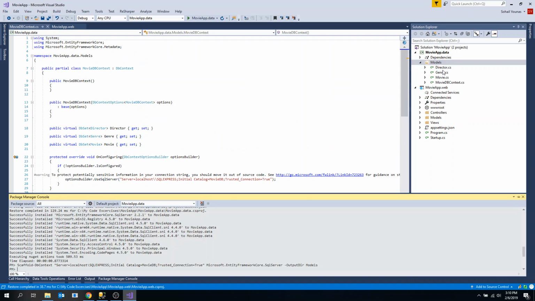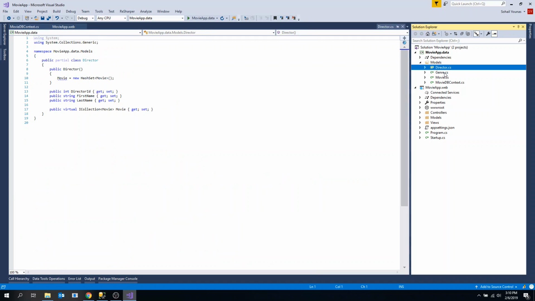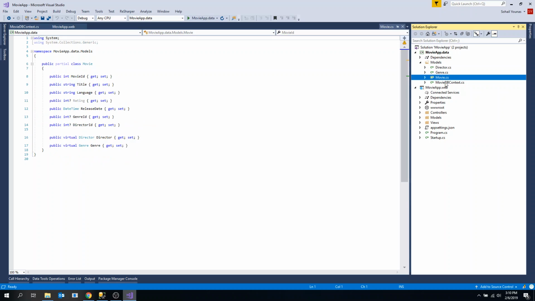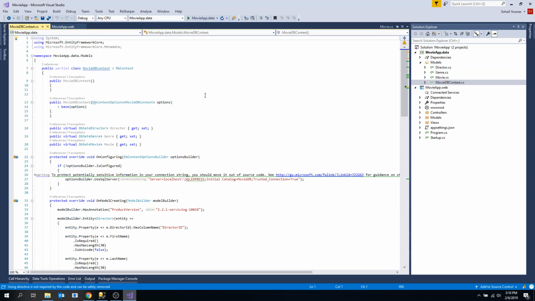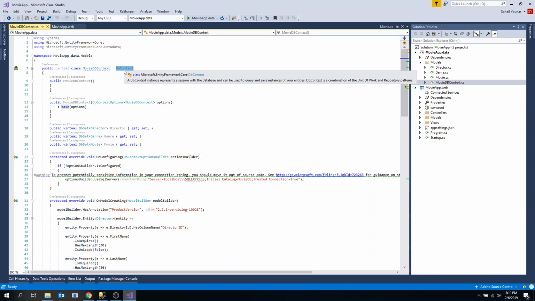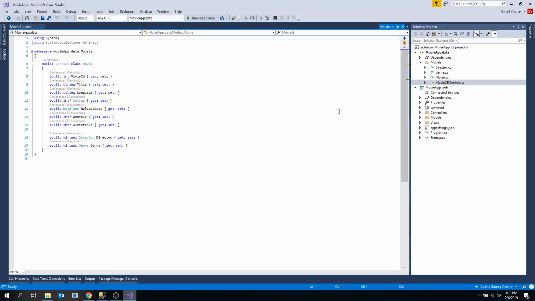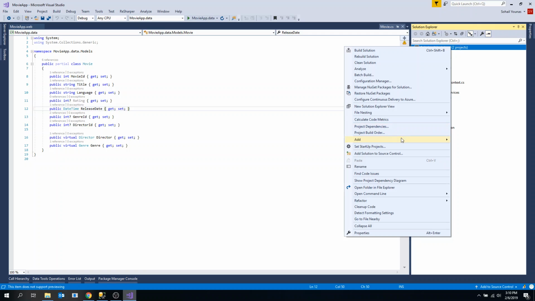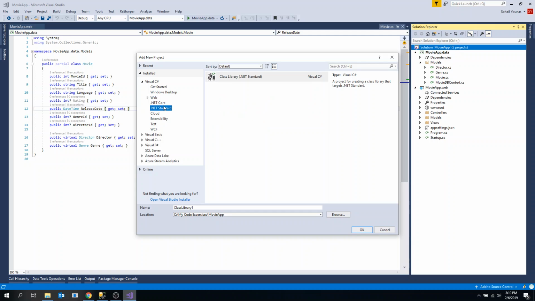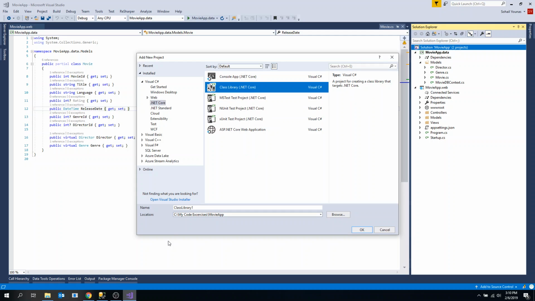Here you go. You see that for each database table there is one class generated, in addition to MovieDBContext, which inherits from DbContext. So this data layer is ready. The next step is to create another project for repositories. For that, click on the solution, right click, add new project, .NET Core, class library, and I'm going to name it